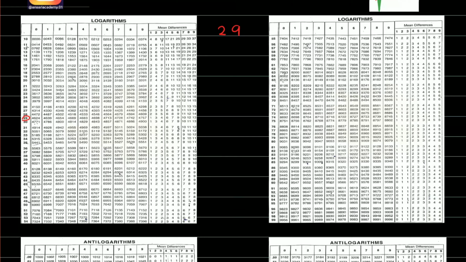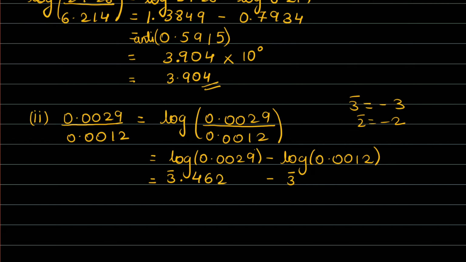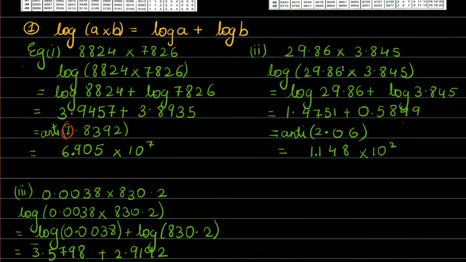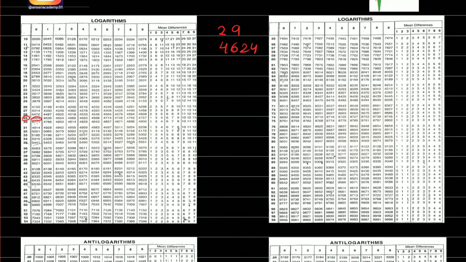29 in 0, which is 4624. It is 4624. Again, we have to find the value for 12 from the log table. Value for 12 is how much?